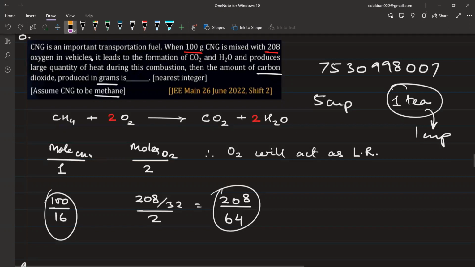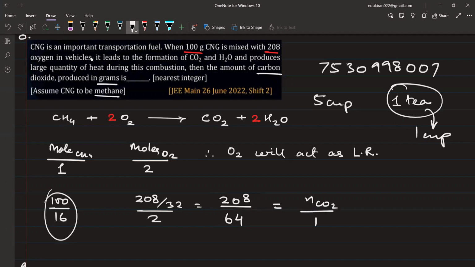ठीक है, तो यहाँ पे O2 वाले को ले लेंगे हम लोग, this is the moles upon coefficient का ratio, and it will be equal to the amount of CO2 formed, that is number of moles of CO2 formed divided by 1, that is the coefficient of CO2. तो number of moles of CO2 कितना हो जाएगा? The same thing will be equal to 208 divided by 64. ये कैलकुलेट कीजिए कितना आ रहा है? अमाउंट ऑफ कार्बन डाइऑक्साइड ना इन ग्राम्स। अच्छा, फिर मल्टीप्लाई भी कर देंगे इसको किससे? मास निकाल लीजिए, 44 से मल्टीप्लाई कर दीजिएगा।